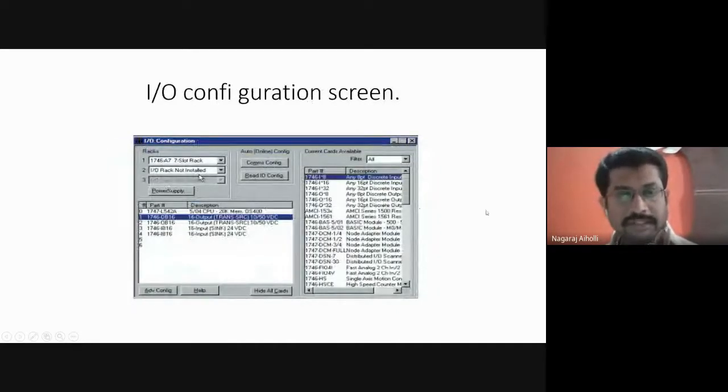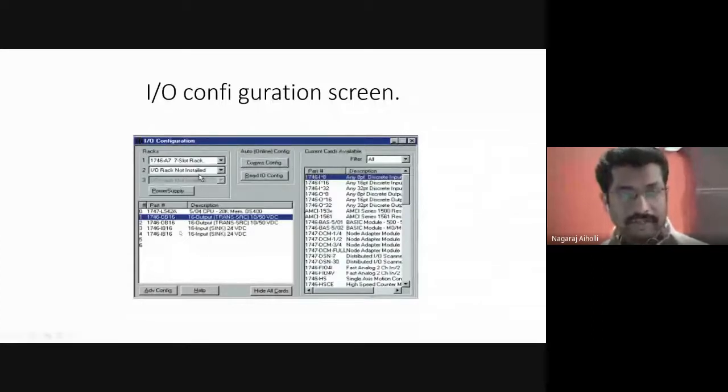IO configuration scanning. We know that when we want to use a PLC, first and foremost we are using the IO modules, in which slot and in which bit number the bit is stored. Correct? That is our IO module, input output module. We are configuring that. So which IO configuration are we using? Either we are using Allen Bradley chassis and rack, or we are using other manufacturer IO modules. That is what we are specifying. That is called our IO configuration screen.